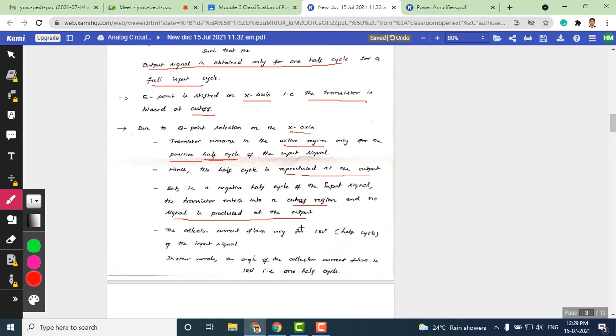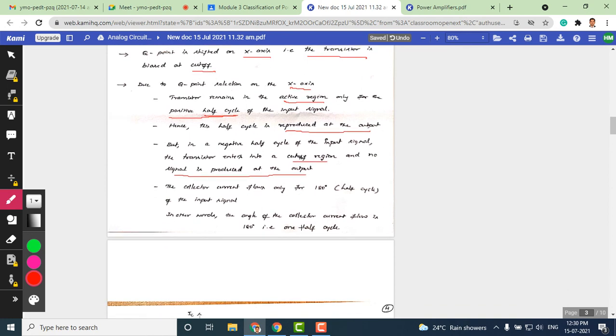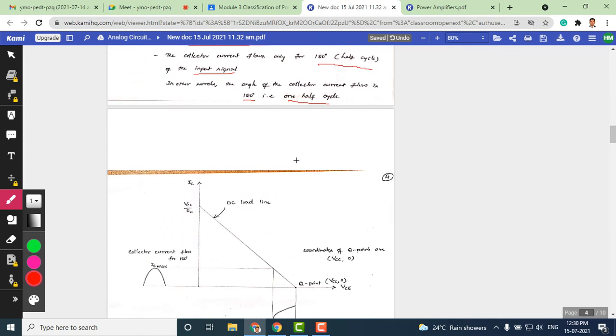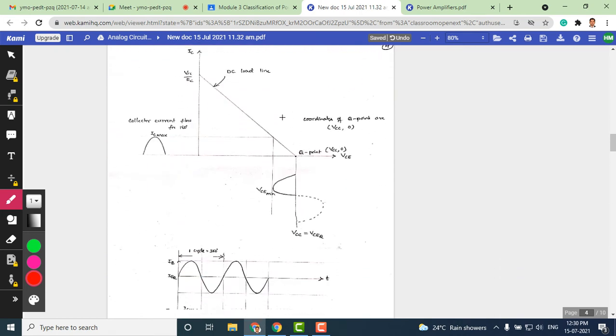Okay, so collector current waveforms now conducts current flows only for 180 degree, that is half cycle of the input signal. In other words, I should say that the angle of the collector current flow is 180 degree, that is nothing but one half cycle. So these are the few details of class B amplifier. So this can be summarized by looking at this